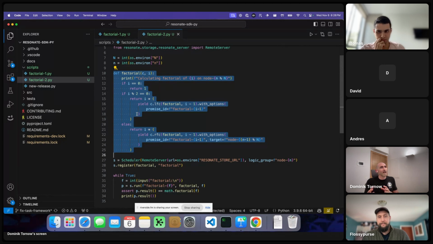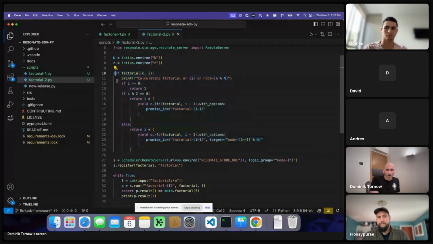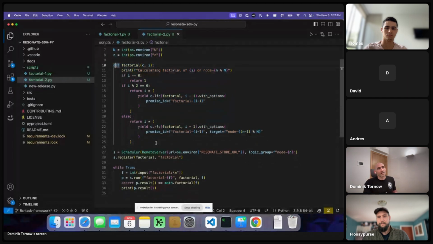This is the homogenized semantics between local function call and remote function call that you see here. Okay, and once again, if you are interested how Resonate actually manages the remote function call,